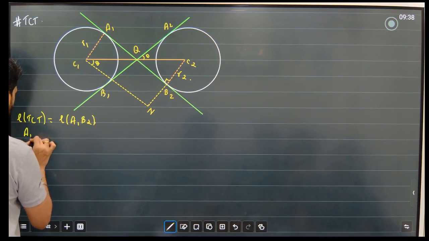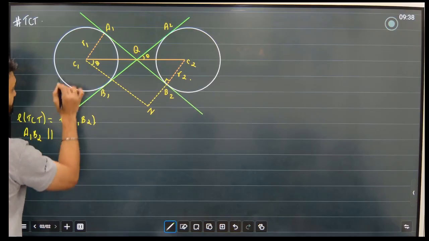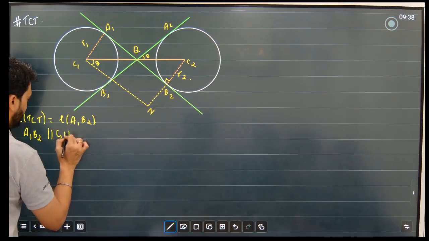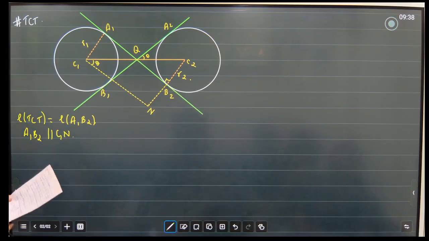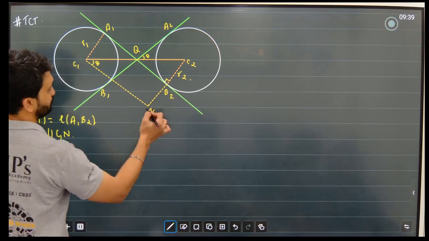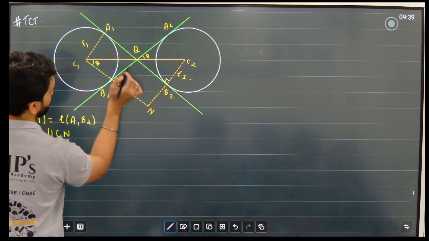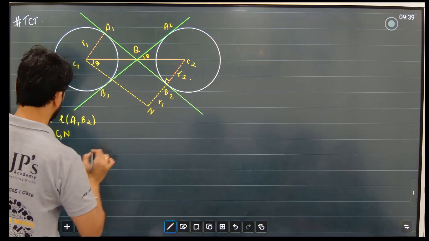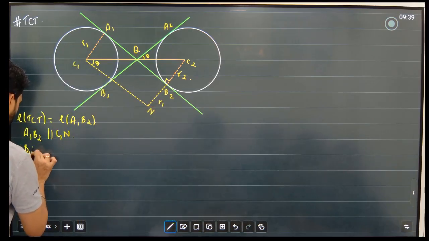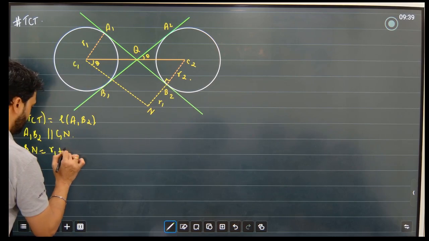Now A1 B2 is parallel to C1N, same like the previous thing, and B2N, see this will also become R1. So B2N is nothing but R1 plus R2,